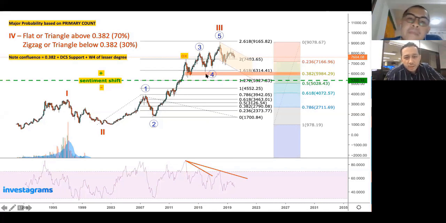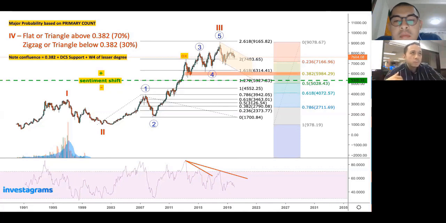So you have three overlaps there. You have the DCS support, the 382 fib support, and the wave 4 of the smaller degree. And that is essentially the secret recipe behind the "I Love You 6,000" call that we pretty much